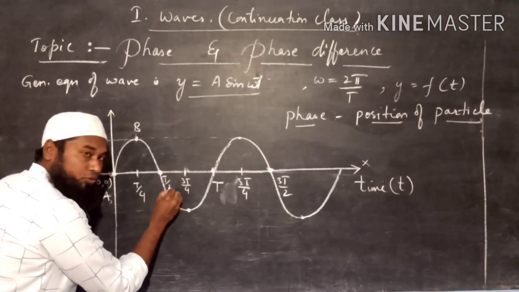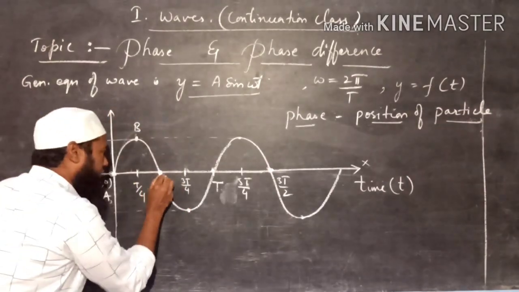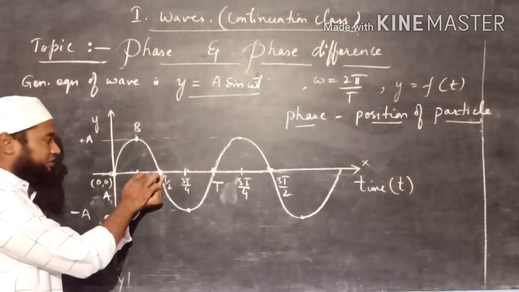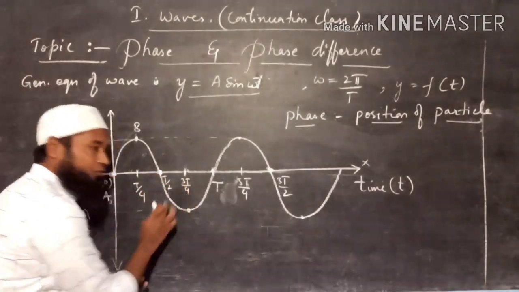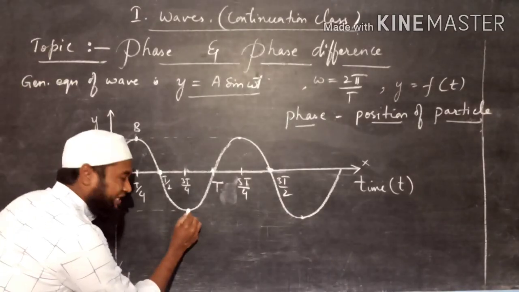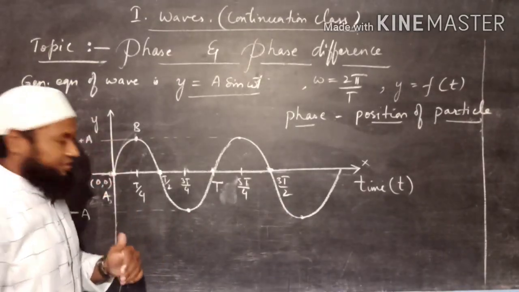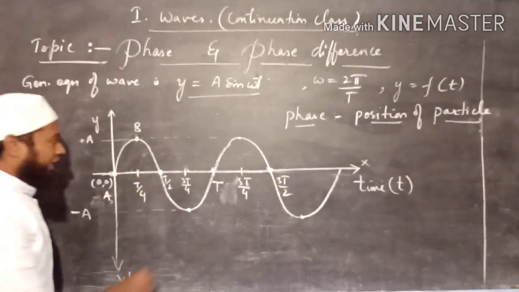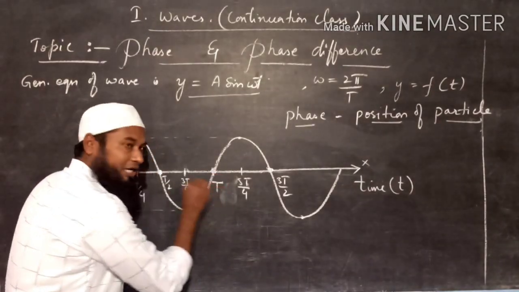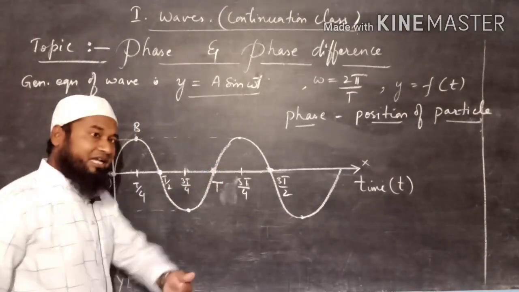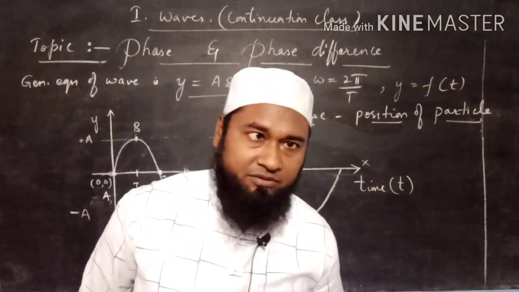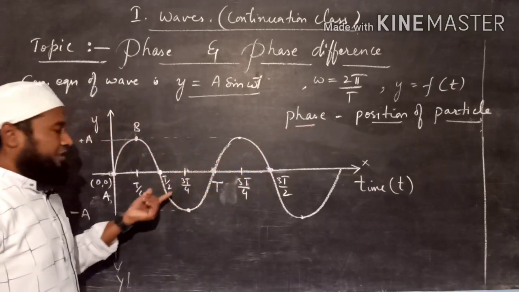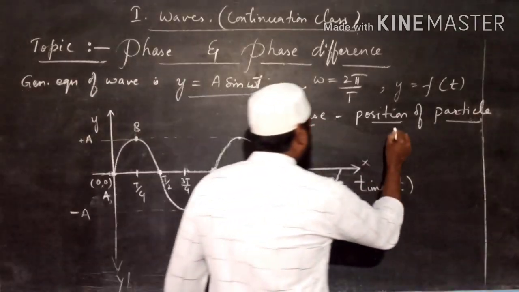At time T by 2, where is the particle? Again it came to the origin, displacement is 0, y value is 0 here. Again at 3T by 4, where is the particle? The particle has gone in the opposite direction of the y axis, that is here, maximum displacement in the downward direction. At time t equal to capital T, the particle has again come near the mean position, y equal to 0. So phase, if you apply here, we can write phase as,